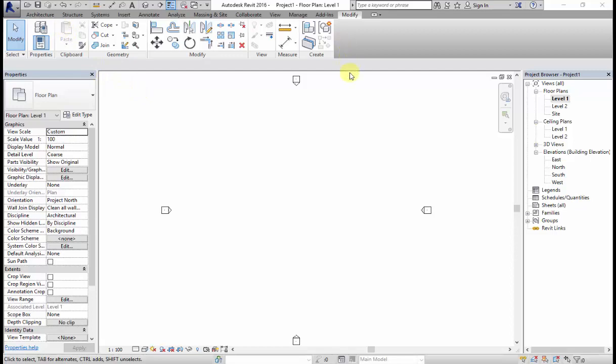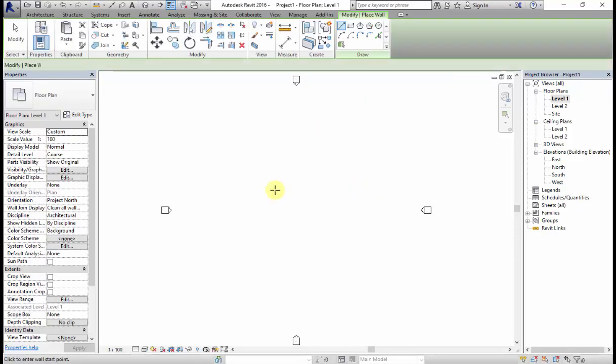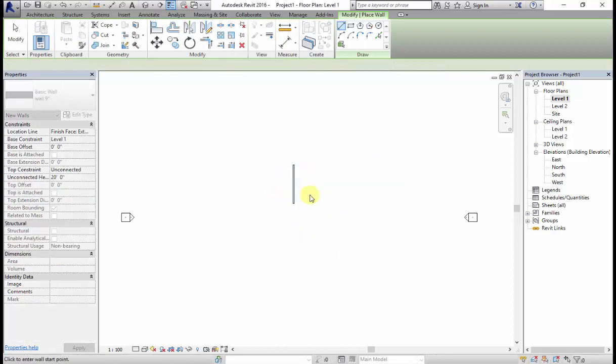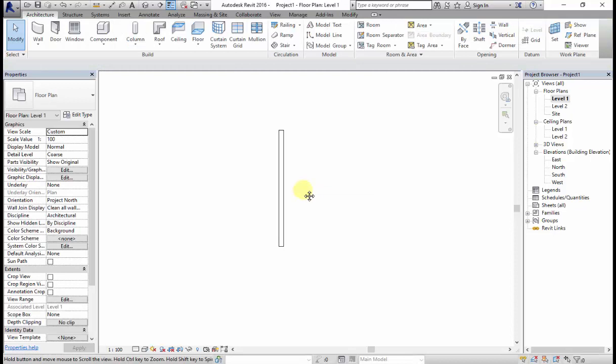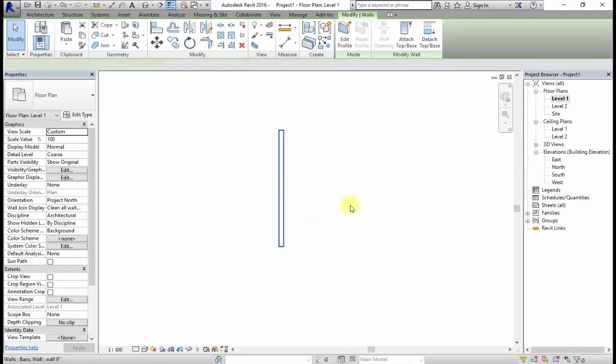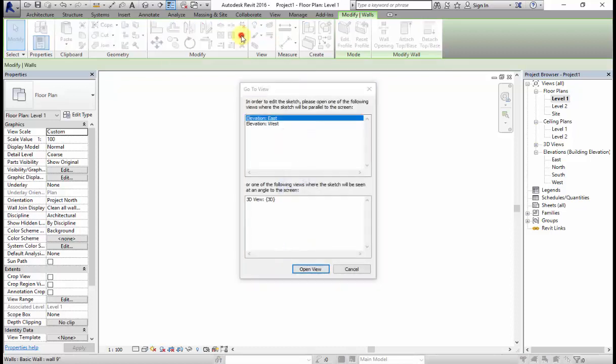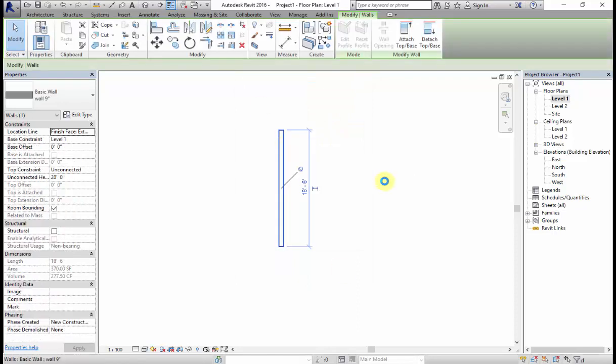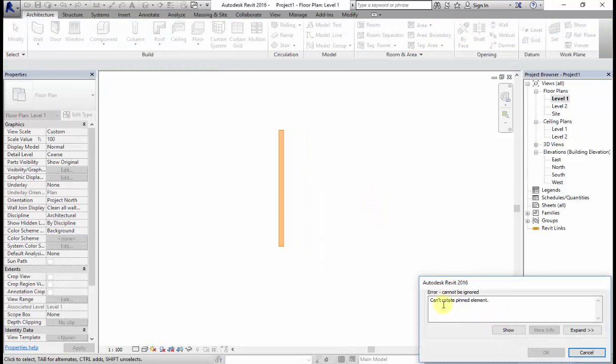So very first thing, let us take pin and unpin. Pin and unpin is nothing but it is used to lock a wall. Here I am going to select this and pin it. If I pin it, now you can see if I try to rotate this particular pinned object, it won't get rotated. It is saying here, cannot rotate the pinned element.